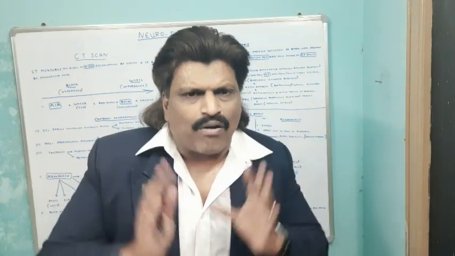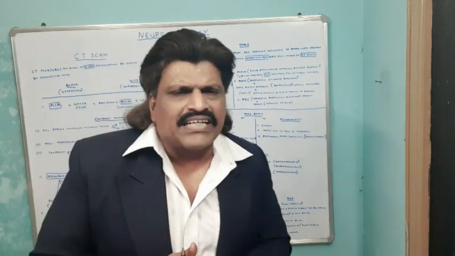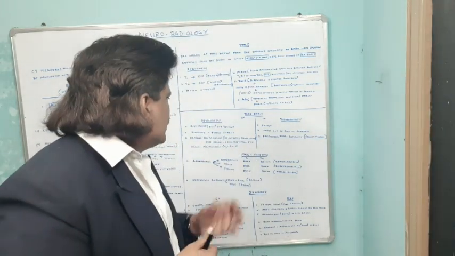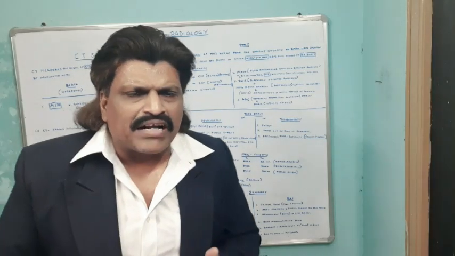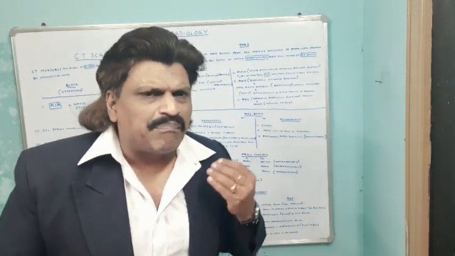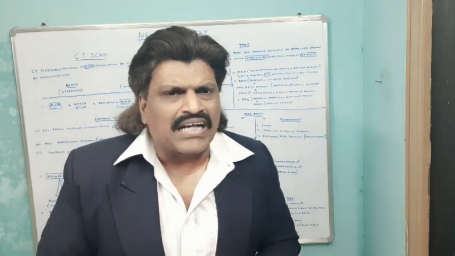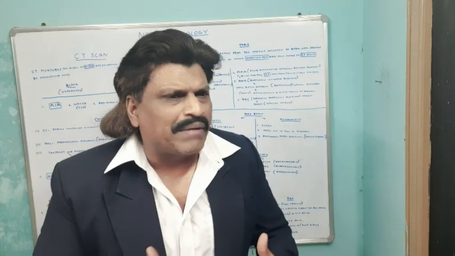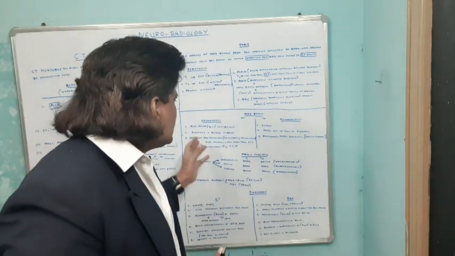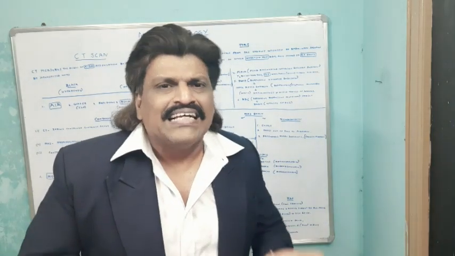Very important concept. Right. So what are the advantages and disadvantages of MRI brain? The advantage of MRI brain is that the posterior fossa, brainstem and cerebellum can be picked up very well by MRI. Unlike CT scan, because of the bony artifacts, we will not be able to visualize the brainstem better. It is sensitive and has better clarity than CT head.